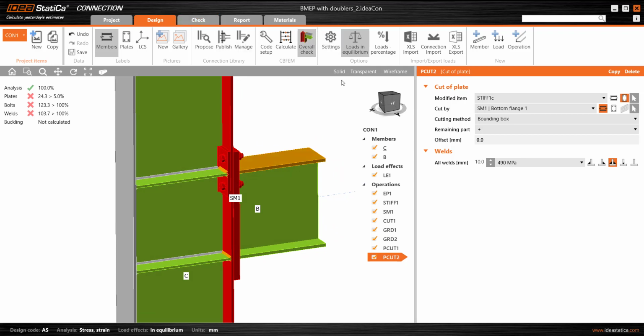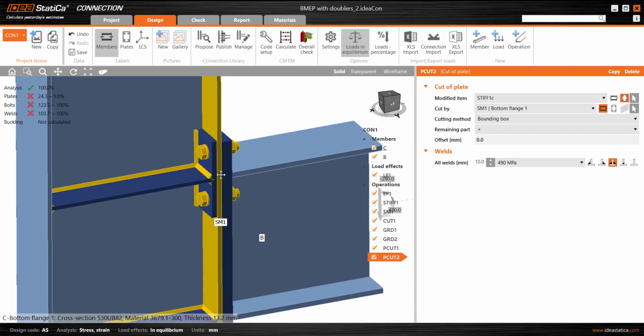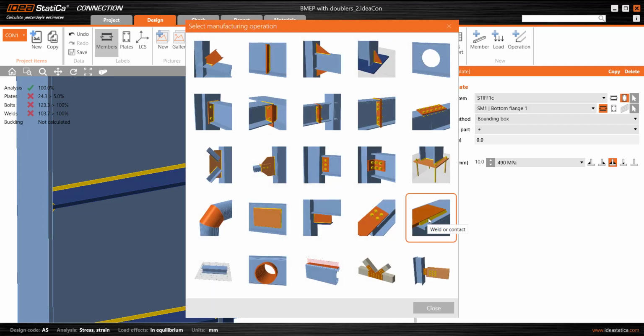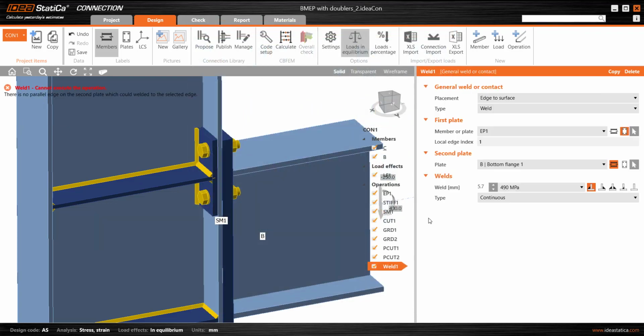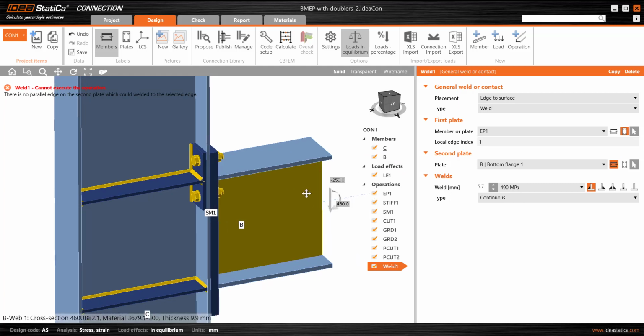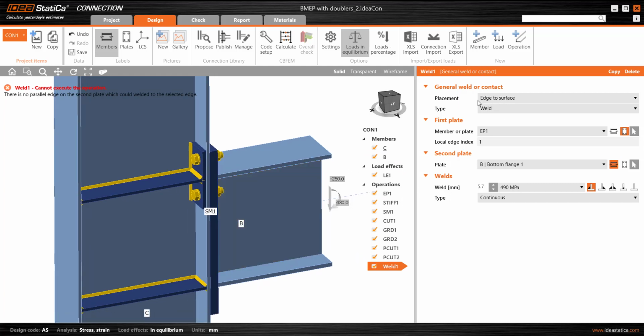So let's continue with getting the connection correct, and to create welds around the other three sides, we can use this custom or additional weld operation here. So just like with the bolts, this is a bit more of a detailed type of method of creating welds. A lot of other operations have welds within them, end plates, cleats and stiffeners and so on, but we can add welds in other circumstances in this way. So we do want an edge to a surface weld,